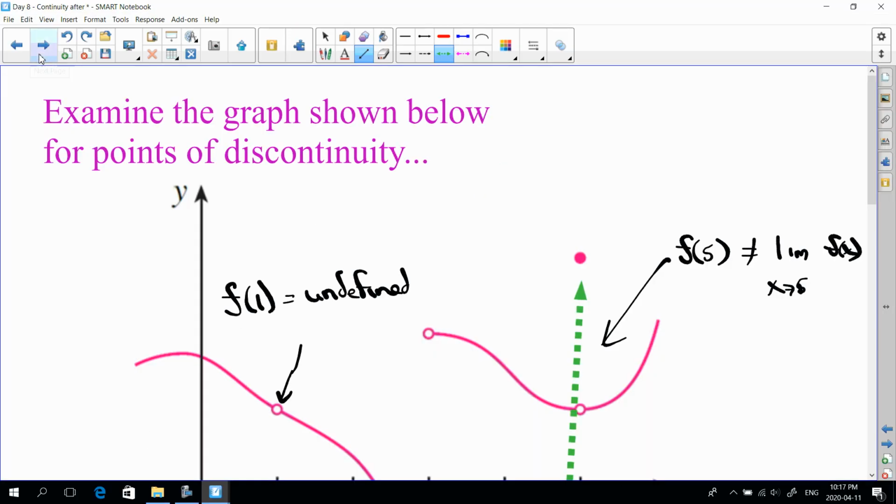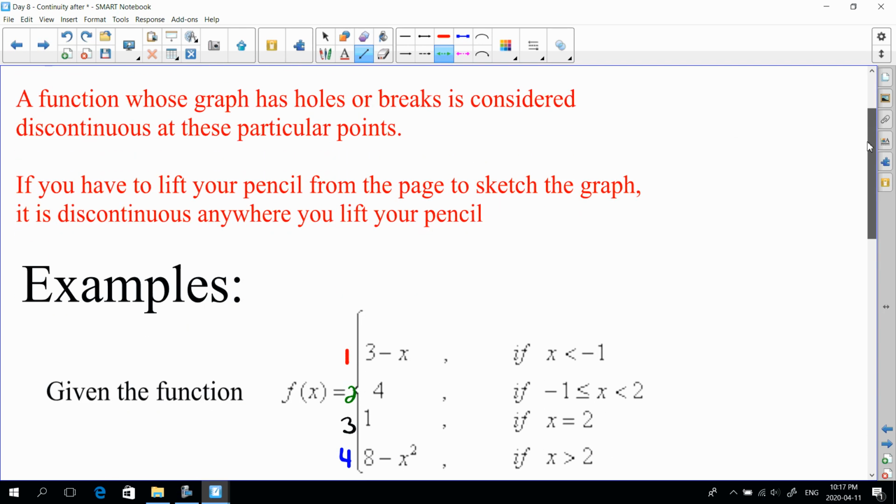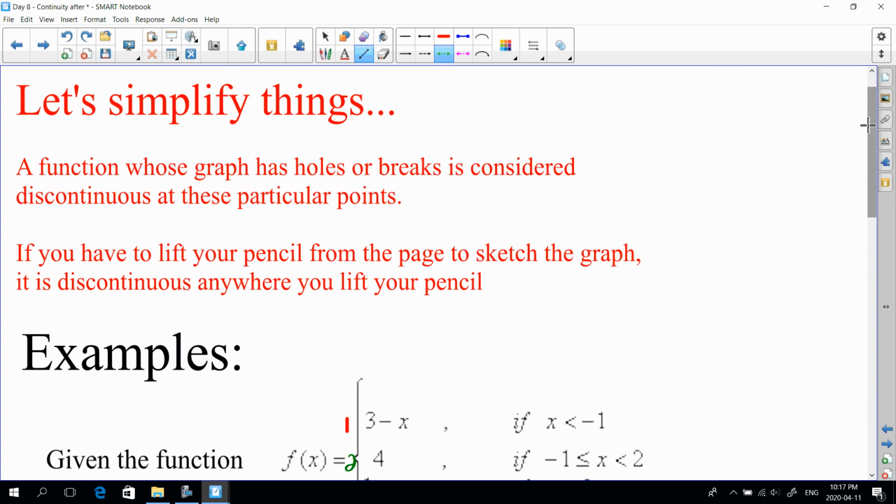All right, let's look at an example of what we might see when we're working with continuity, or a question involving continuity. And we're going to explore this piecewise function down here. But first and foremost, I'd like you to kind of highlight this. I mentioned it